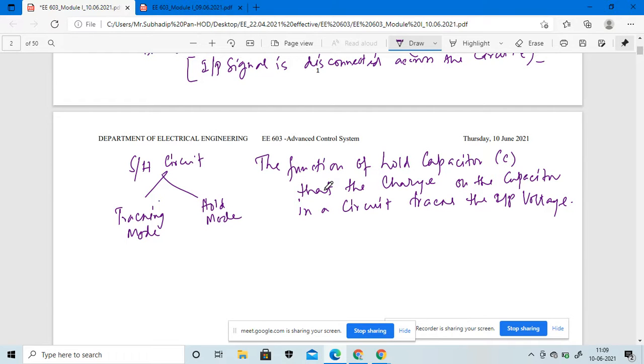Okay, fine. So that means yes, you're correct. But the thing is that whenever the switch is open, there will be a disconnection from the input channel. So due to the disconnection of the input channel, whatever voltage would come from the input channel, that means no voltage will come across the channel, because the switch is open.